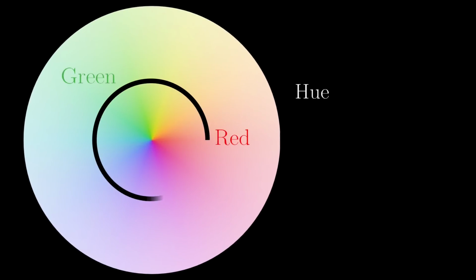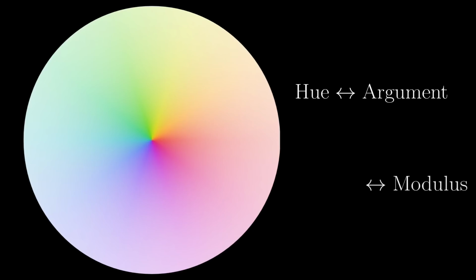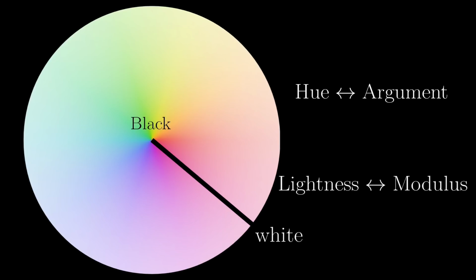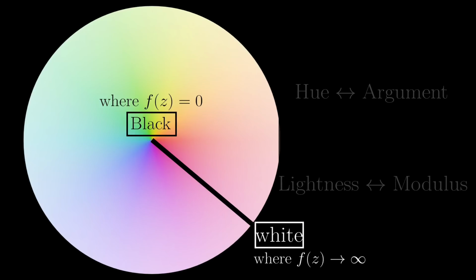But what was that color wheel in the first place? The first thing to note is the hue, from red to green to blue, then back to red again. Because of the periodicity, this naturally corresponds to the argument of the output, and the modulus is represented by another attribute of color, in this case the lightness. Basically, in the middle, the color is black because there is 0 lightness, and as the modulus increases, it becomes whiter and whiter. This is convenient because a black spot is precisely where the function is 0, and the white spots are where the function is shooting off to infinity.